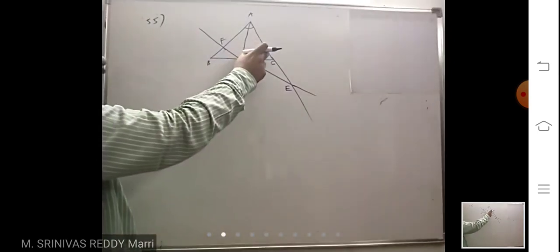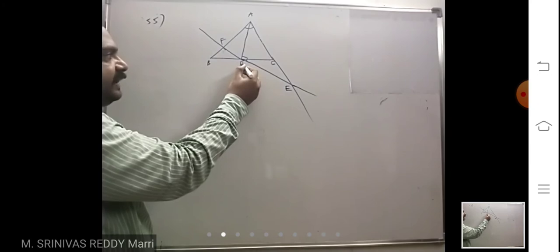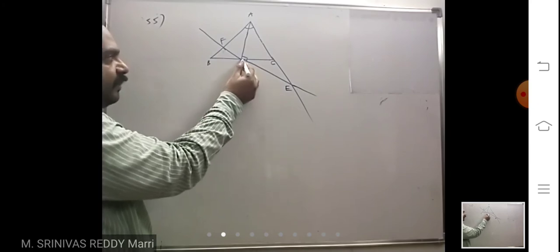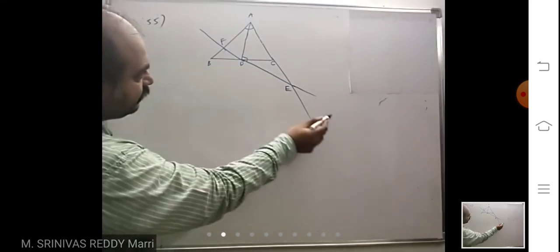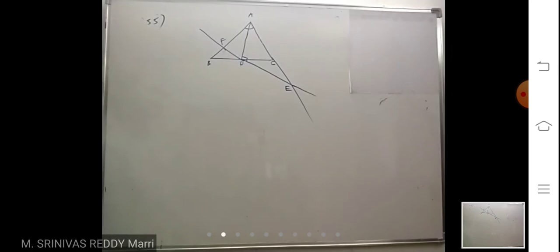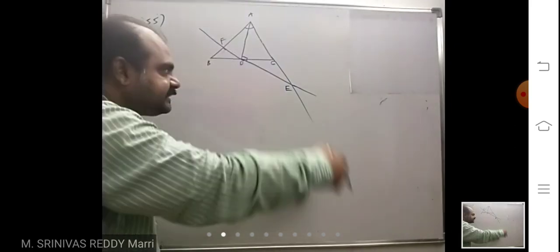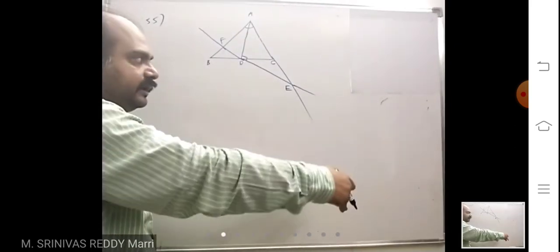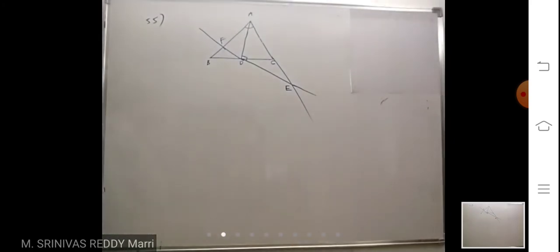Now this is the diagram. A triangle ABC is there. The angular bisector meets the side BC at D. Through D, I have drawn this line, which is perpendicular to AD and passing through D. This line is meeting AB at F and AC at E, meaning extended. Otherwise, it cannot meet. He has told that it is meeting, so extend that. So this is the diagram.